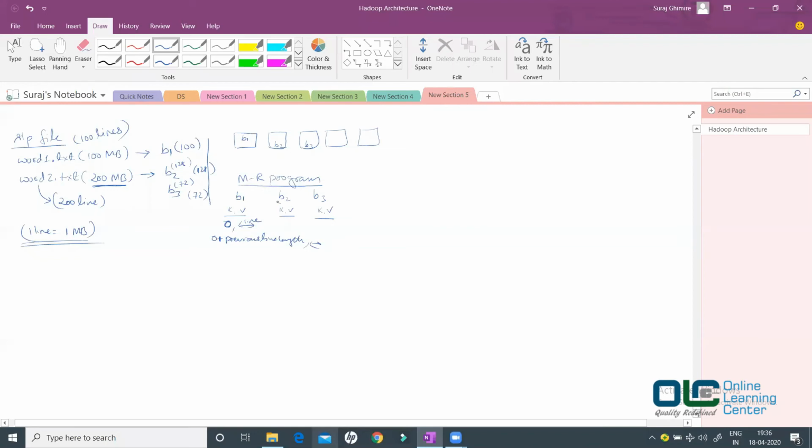Now similarly, let's go to B2, which is getting processed. What will be the value? The first line. The second line would be similar. Let's talk about the third block. What would be the first key? Will it be 0 or will it be the value of the last line? What do you think? See, B3 is a part of your B2. Yeah, plus 1. I have not written that, but let's go with this formula. It means the same thing. So this will still start with 0. See, how can you say that? It's very simple. Sometimes we have to just put in our common sense, because all these things are supposed to be processed parallelly, right?